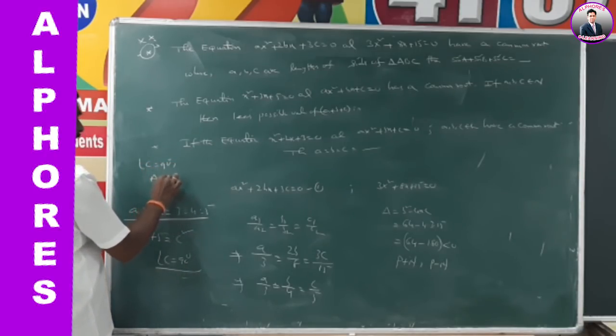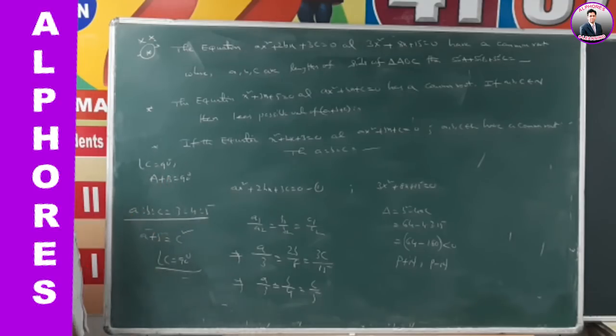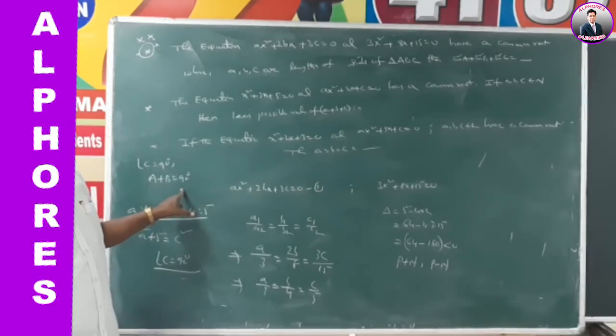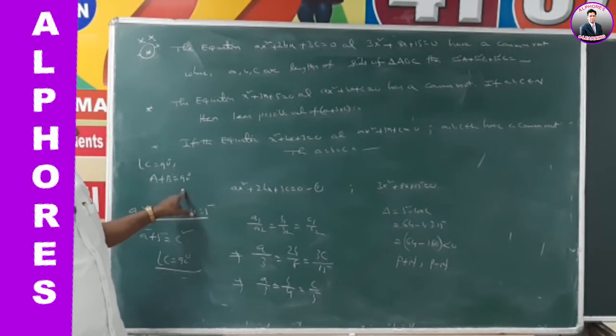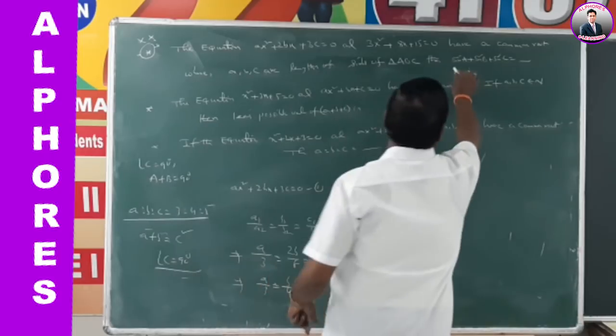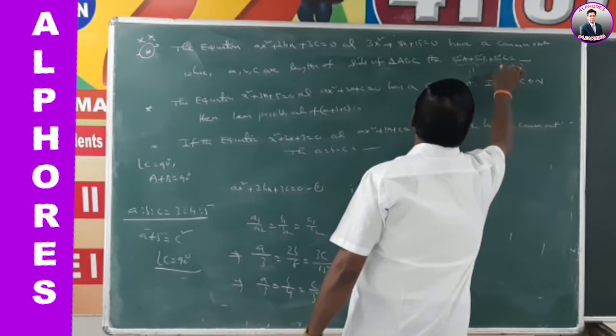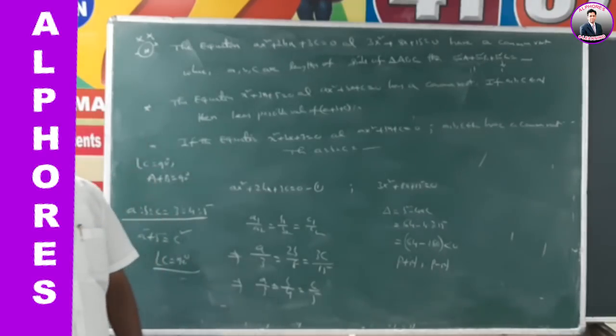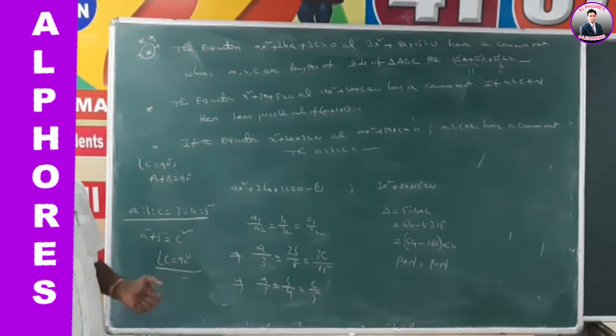A plus B, the sum of the remaining angles, is equal to 90 degrees. In trigonometry, if A plus B is equal to 90, then sin square A plus sin square B is equal to 1. That means sin square A plus sin square B is 1 and sin 90 means 1. So, sin square A plus sin square B plus sin square C is equal to 2. The final answer is 2.